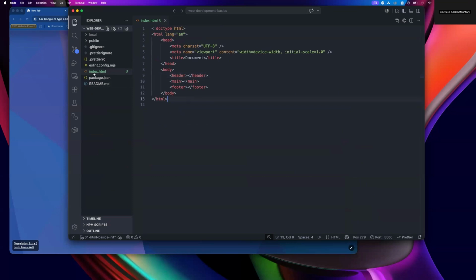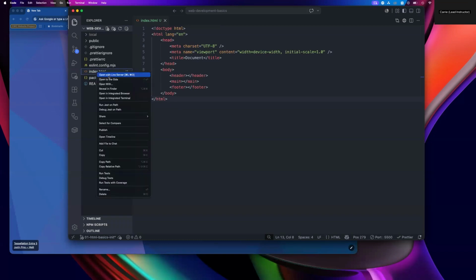To activate it, you can find the file that you want to open, index.html, right-click on it, and the very first thing you'll see once Live Server is installed is Open with Live Server. As soon as I do that, I get a page. It says